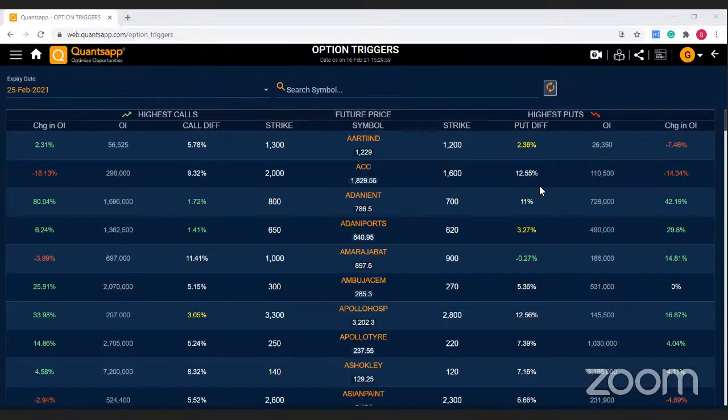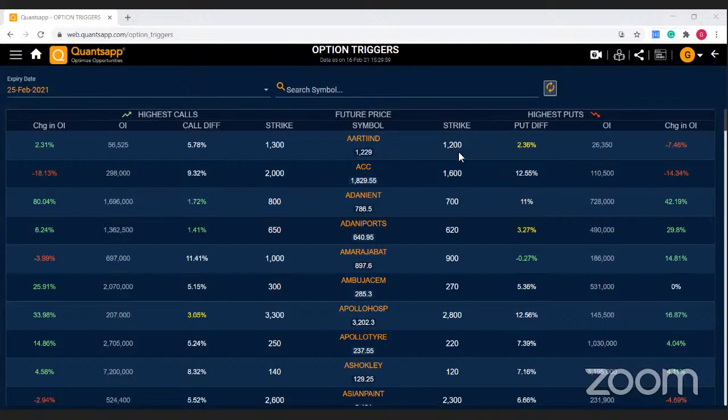So option triggers, we're going to see the second part, and this is very similar to what we have seen with the highest call. Now, highest put means where the highest put writers are standing for a particular index or stock, which is the vital support level of that particular stock. Highest put I'm looking at as my vital support level. I want to know how the option writers are doing when the prices are near the highest call and highest put. And same as